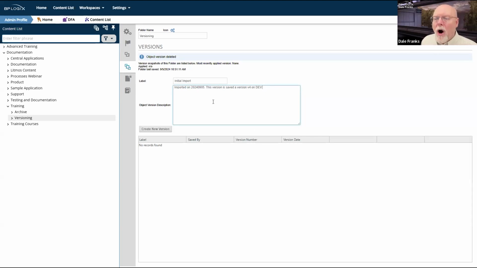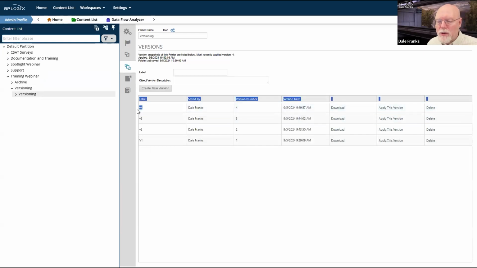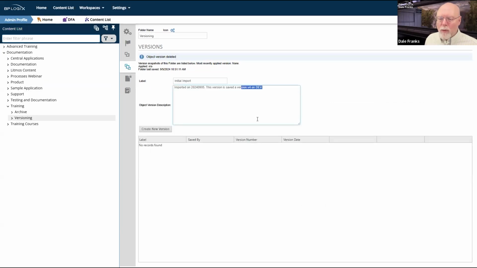So on my production server, taking more verbose notes, like saying, hey, what version is this on dev? And if I go back on dev, I can see that my most recent version on dev, which I think is the one that I downloaded and imported, was version 4. So this version is saved as version V4 on dev. It's the initial version available to end users on prod.